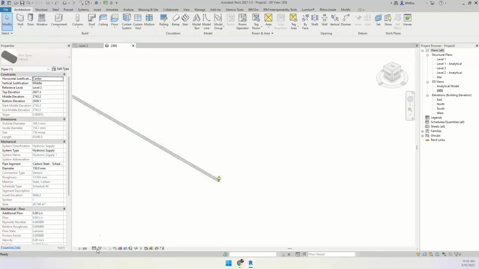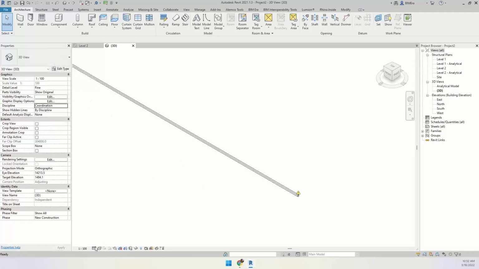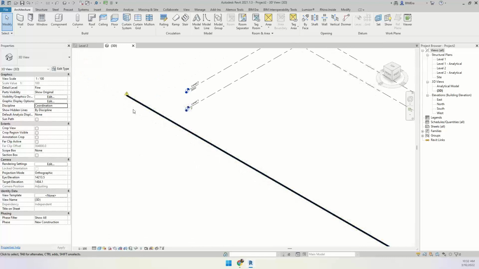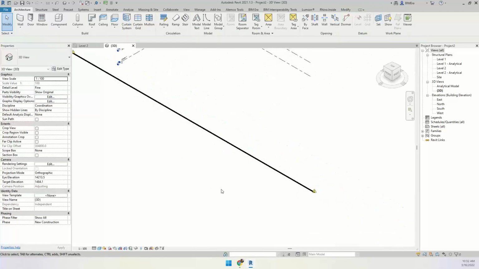It's a pipe. So let me set it to coordination and change this to shaded. I want to split this pipe into some equal parts, or I want to go with the same 1500